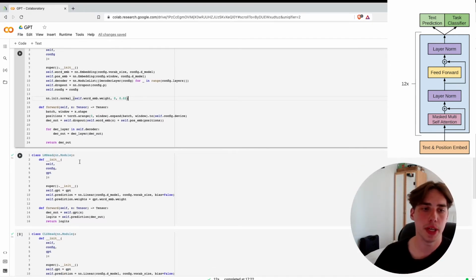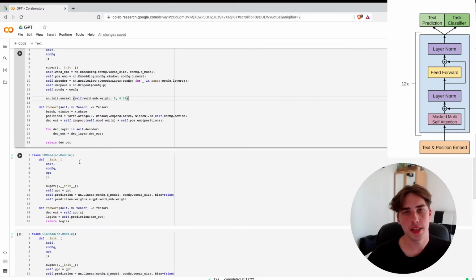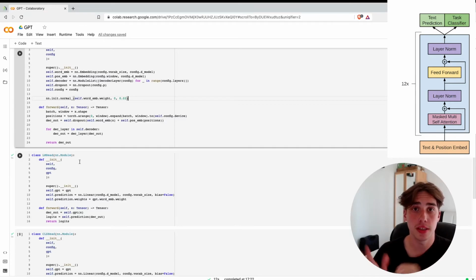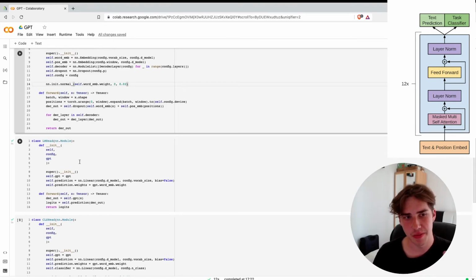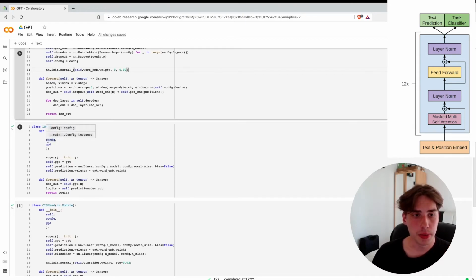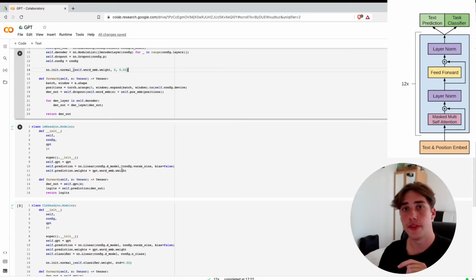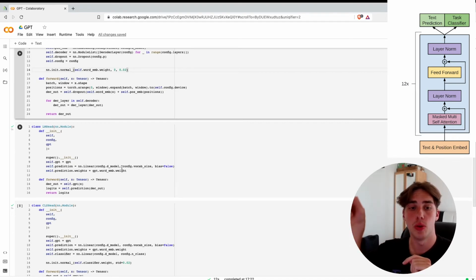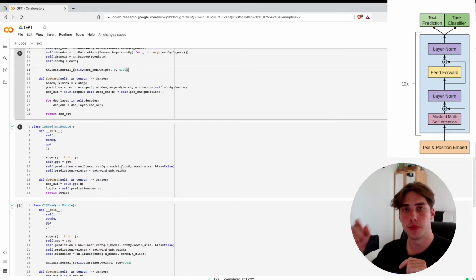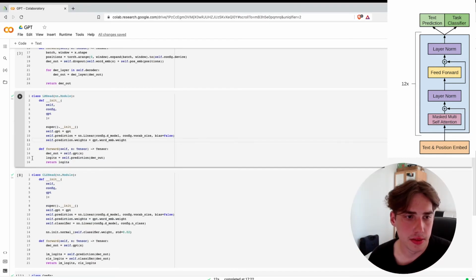But as you remember in the paper, we've got two heads, and one head was for the generative pre-training, and the second was for fine-tuning. So they call the generative pre-training head the language modeling head. It takes two arguments, config and GPT. It's basically only one layer on the top of the GPT, and it predicts the vector with the probability distribution over the whole vocabulary with the score for each word. So obviously we pick the one with the highest score. And we basically calculate the output of the GPT, and then we apply the last layer